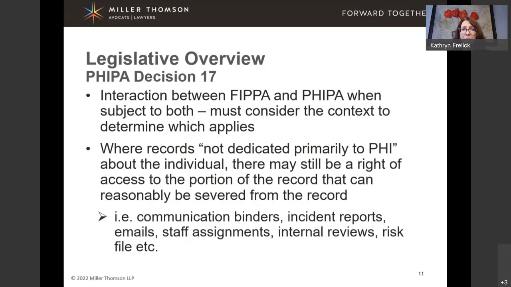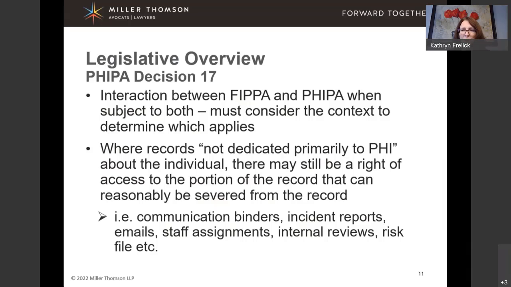And PHIPA Decision 17 related to a request from an individual for all of the records concerning the birth of his child, as well as all of the records relating to his wife. The child had died, so there were a number of complaints that were made. There were complaints to the professional colleges. There was litigation, and